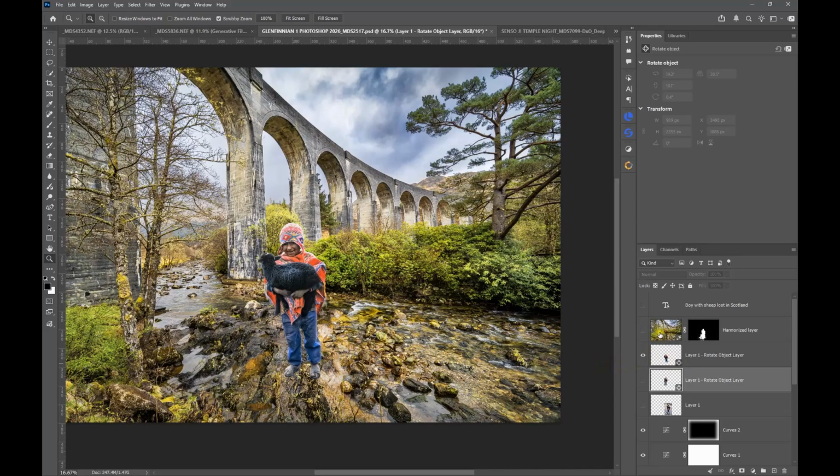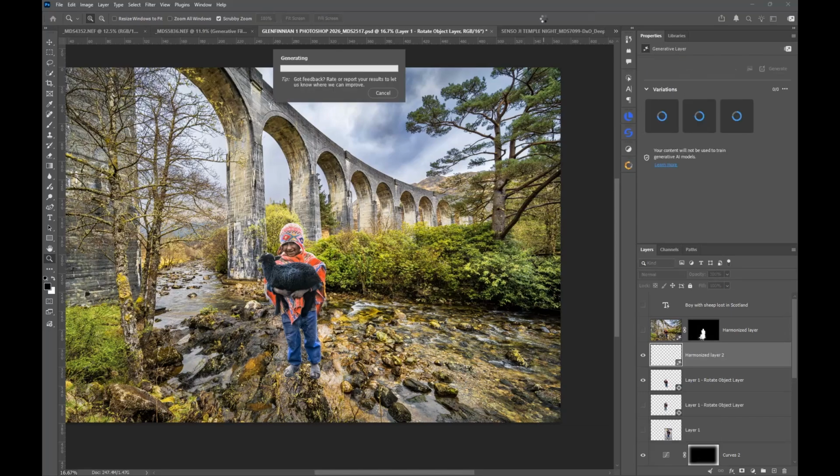And what I can do then is we have the option now of going up to the toolbar up here, where I can click on the option that says Harmonize. And what it's going to do is try and harmonize the colors of the figure I've added with the background. And again, what it tries to do is look at the colors and create something that's going to match the overall picture. So bearing in mind that there are a few obvious flaws, such as the position of the feet and so forth, but again, with a little bit of manipulation, you could come up with something that's quite believable